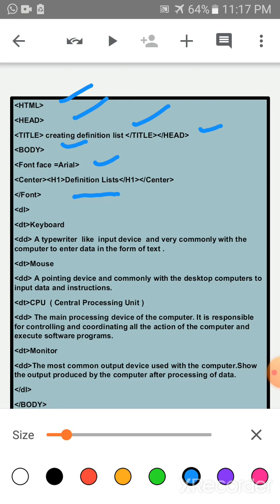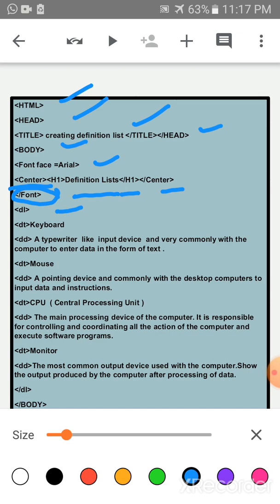We want this definition text in center and heading 1. And at last you have to close the heading tag and center tag. Then write the closing tag of font. Okay. After that use the DL tag, definition list.